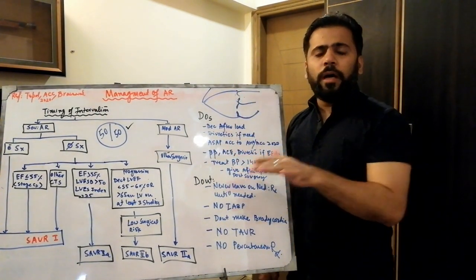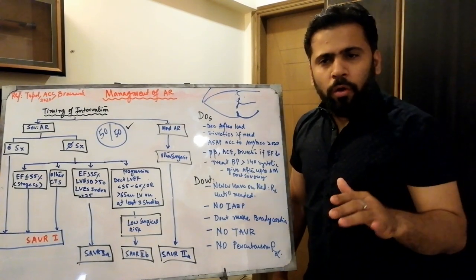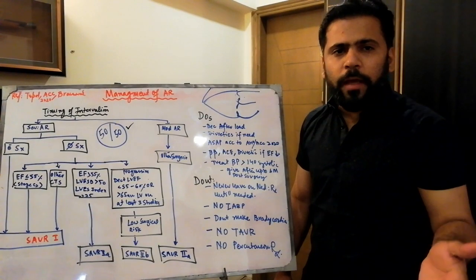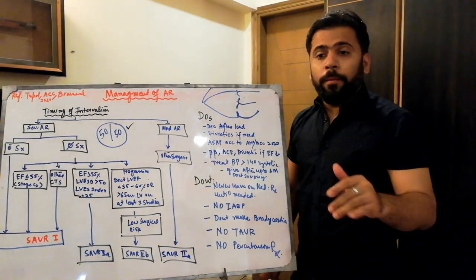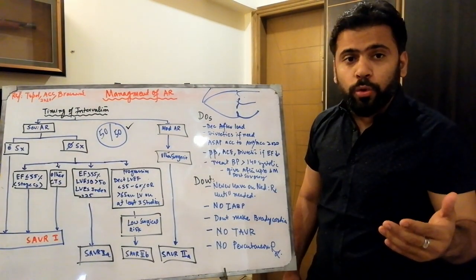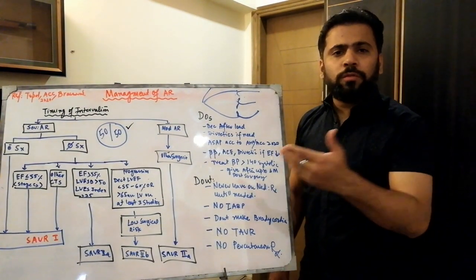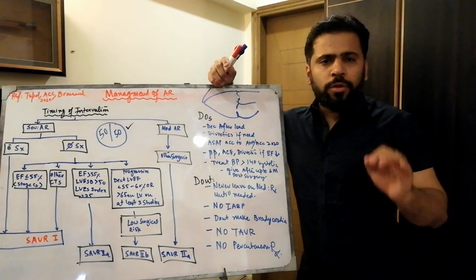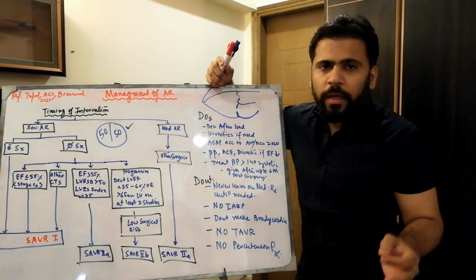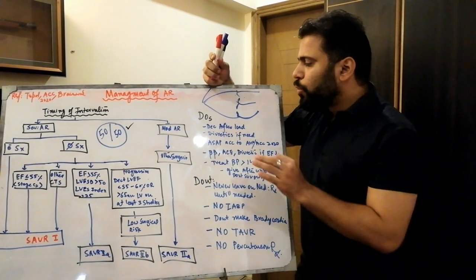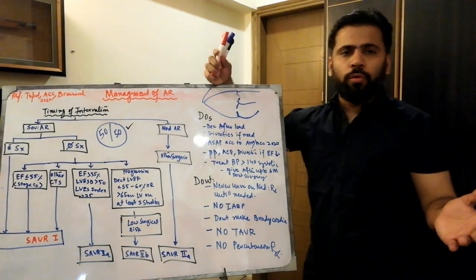According to the stages of the AR, you have to look for the risk factors if your patient is at risk to develop the AR, but we don't do anything. But those patients who have moderate AR, we need to intervene in certain situations, which we will discuss later on. Now, the most important thing is what to do and what not to do with AR. So number one, you have to decrease the afterload.